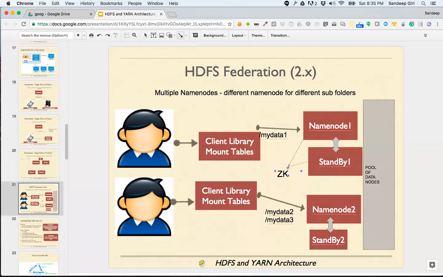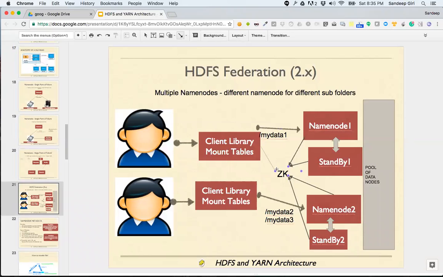It's everybody who talks to Zookeeper. The reason why I want to draw this here is so that you know that there is always a single Zookeeper. Okay, so everybody is informing Zookeeper.